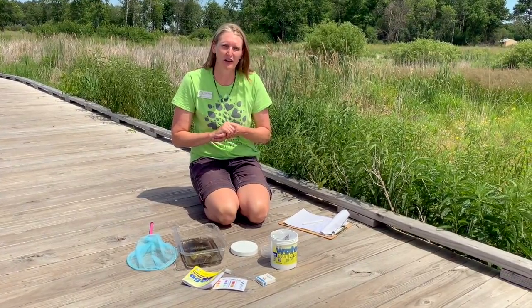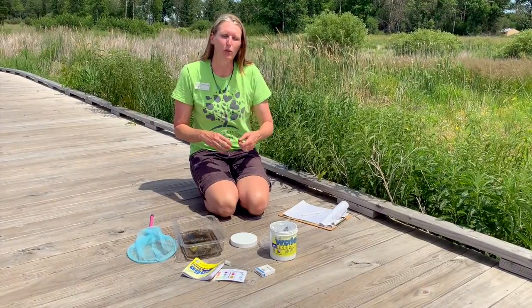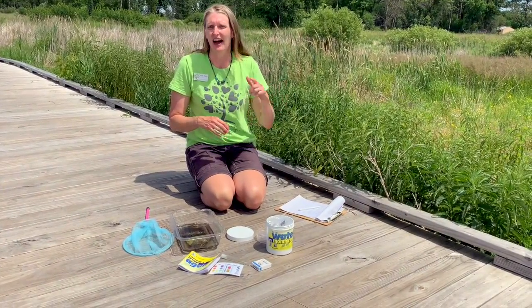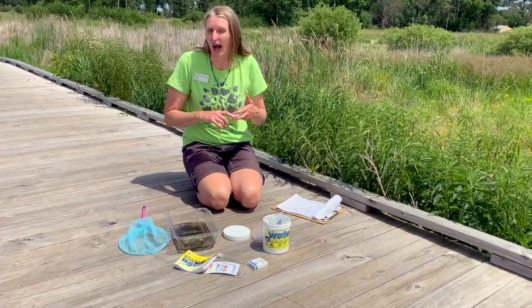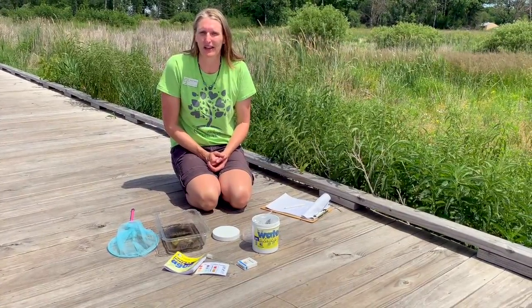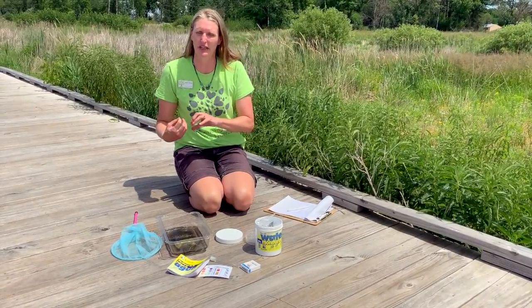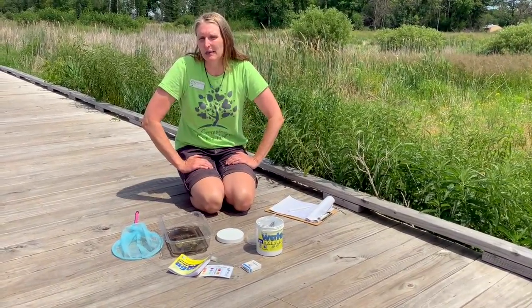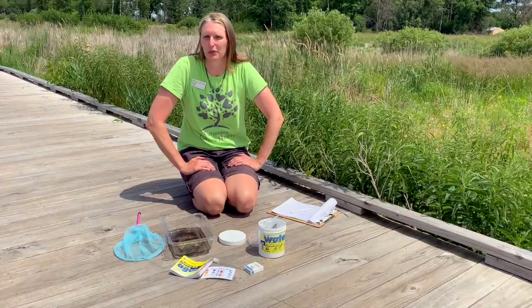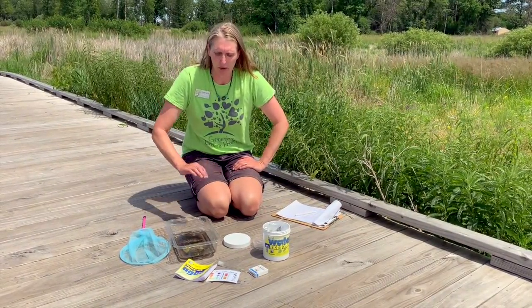Sometimes people call a fen a hotspot for biodiversity. Well, whether it's a pond, a fen, a swamp, or a marsh, it's fun to test the water quality and see what's going on with both the chemistry of the water and the creatures in the water. So some of the materials available through the City of Blaine and our environmental STEM curriculum would be for water